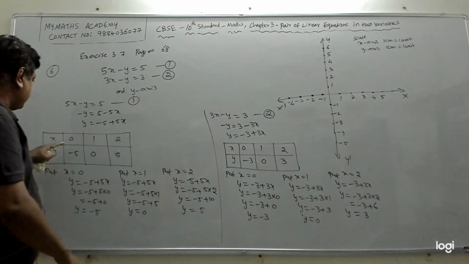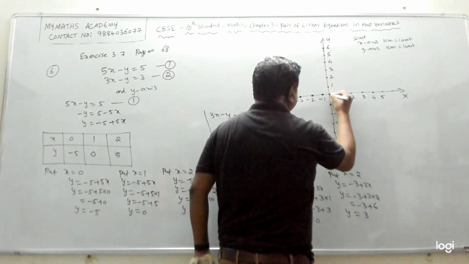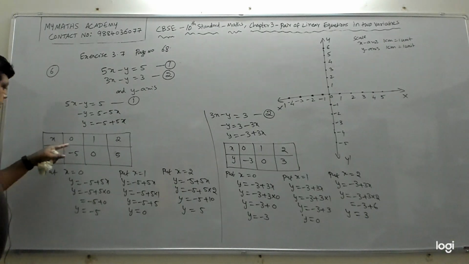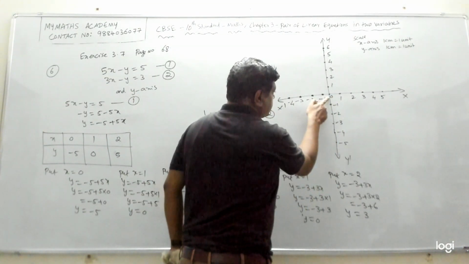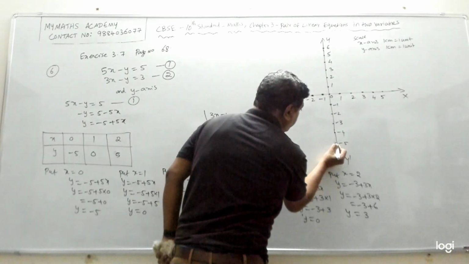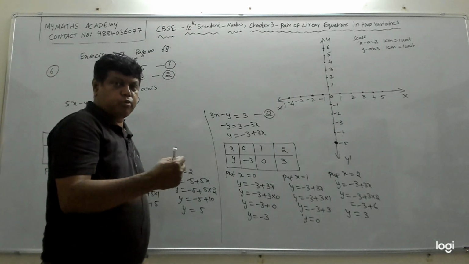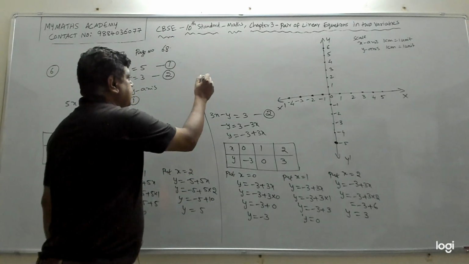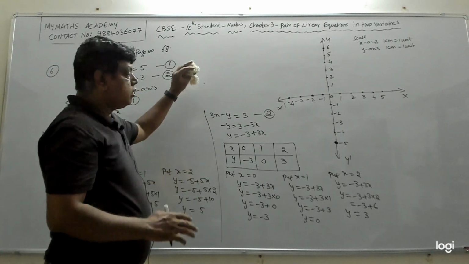Then let's plot the point. Let's 0, minus 5. So this is x is 0. I always miss to put the 0. So there is 0. That is origin. 0, 0. Both x and y are 0 there. 0, minus 5. X is 0. Y is minus 5. X is 0 here and y is minus 5 means this point will come. I am putting dark shaded for you to see that, but you have to put a dot only there, light dot. Like this you have to put the dot on the point. It will not even be visible for you.